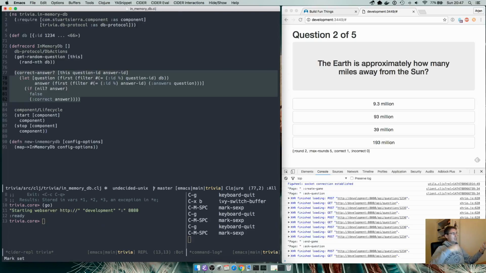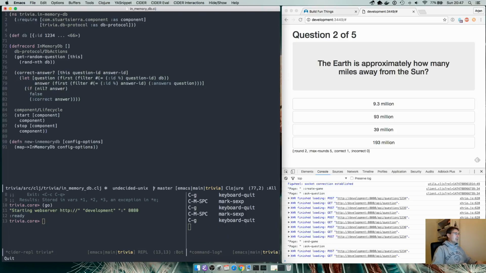Do you have a question ID and an answer ID, and is that the right answer? So the first thing we do, not very differently from the implementation within ClojureScript, is look up the question in the database given the question ID, and then we apply the same logic, saying given the collection of answers in the question, give me the answer with ID, answer ID, and then tell me if it was correct